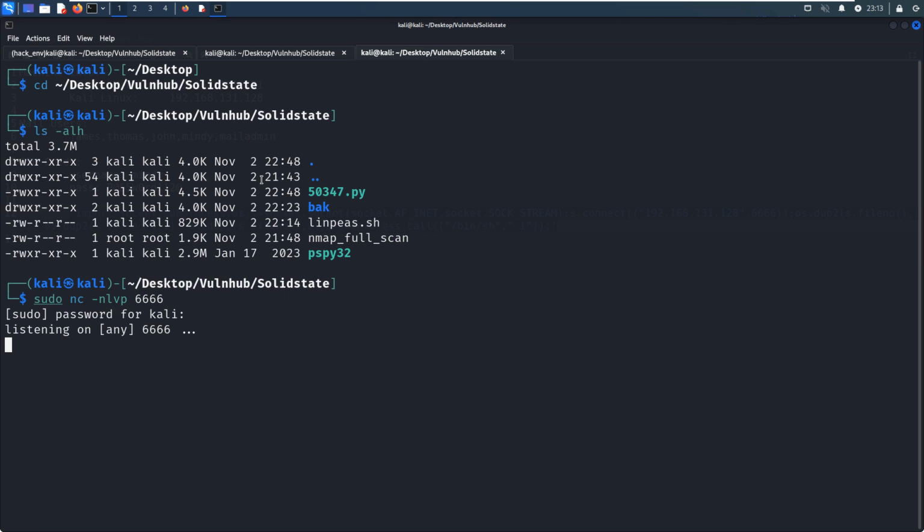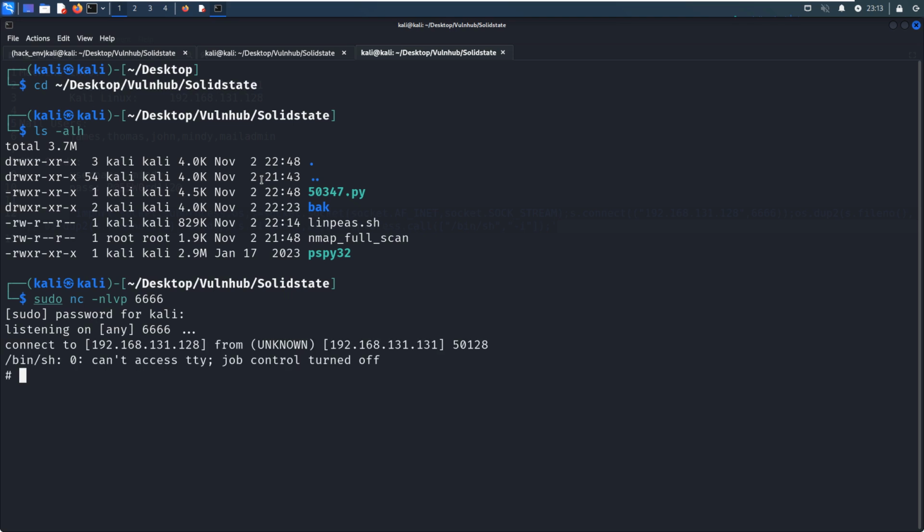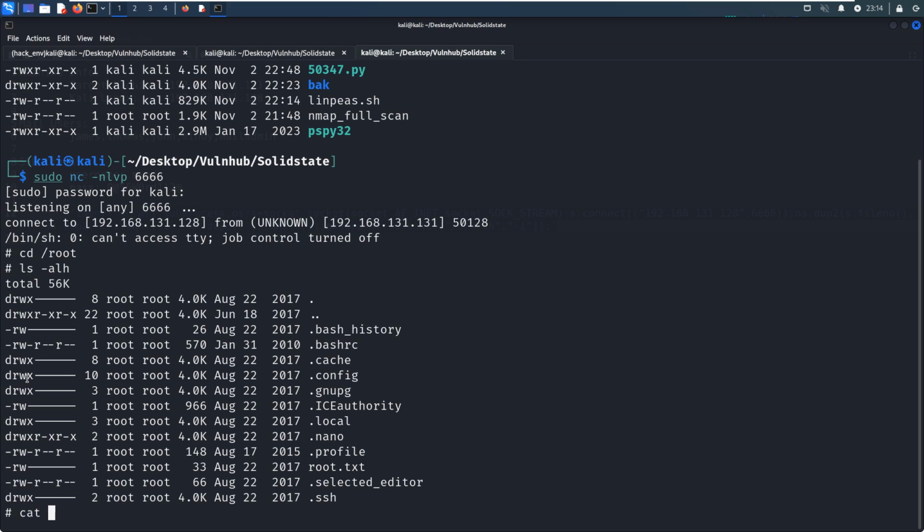We need to give it another 1 minute or 2 minutes. Okay, it's done. From the pound symbol, we know that we succeeded in getting a privileged shell, and we can navigate to the root directory to grab the final flag.